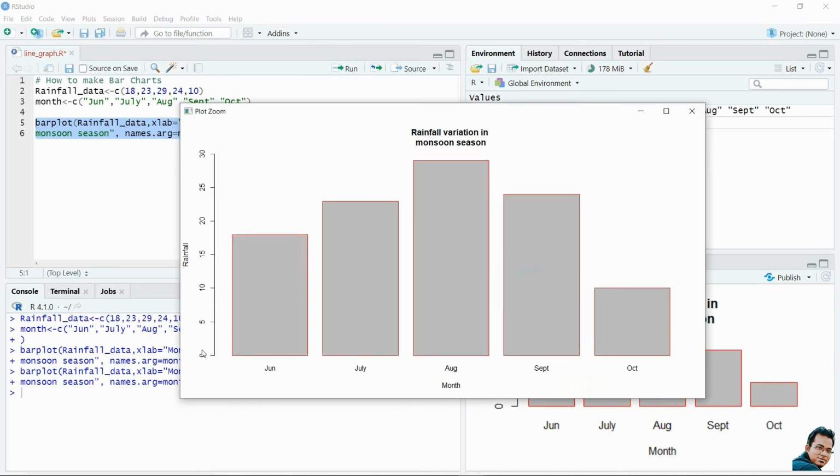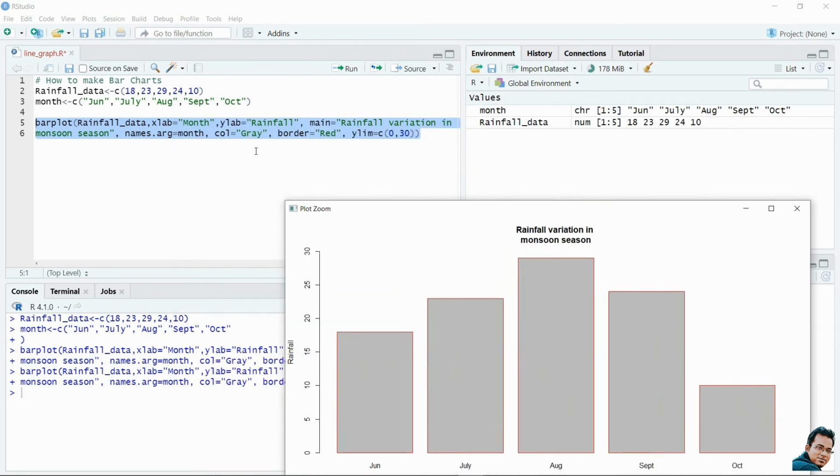You can see now our y-axis value varies from 0 to 30, the x-axis title is month, the y-axis title is rainfall, and the figure name is rainfall variation in monsoon season, and each bar color is gray and the border is red.